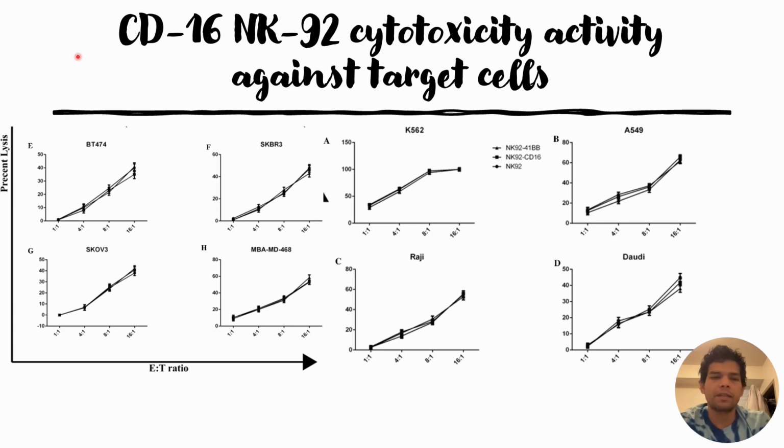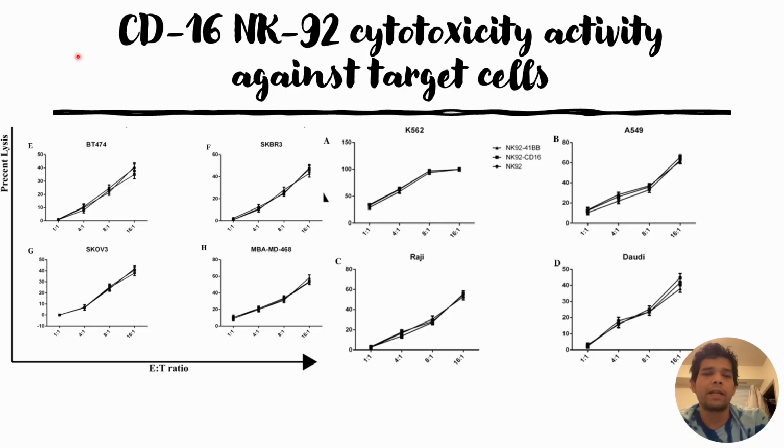In this video, we will discuss the CD16-NK92. In this paper, they are using two different kinds of CD16 expression on NK92. First is the cDNA of CD16 that is expressed on NK92, and the second one is CD16 fused with CAR that is expressed on NK92. And we have discussed the results that are presented in this paper before this figure,